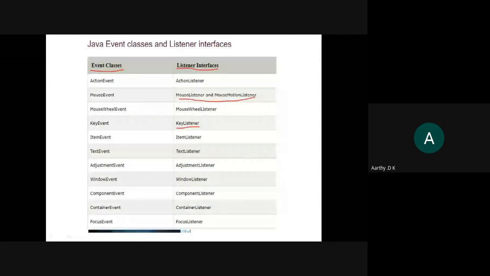The other things we will look at in later classes, once we see how to create labels, buttons, checkboxes, all those things. That will come in the item listener. That will be looked at later on. As per your portions for today, we'll be looking at the mouse event and the key event. When any mouse or key is pressed, your class will have to implement these interfaces. These are interfaces and these are not methods.